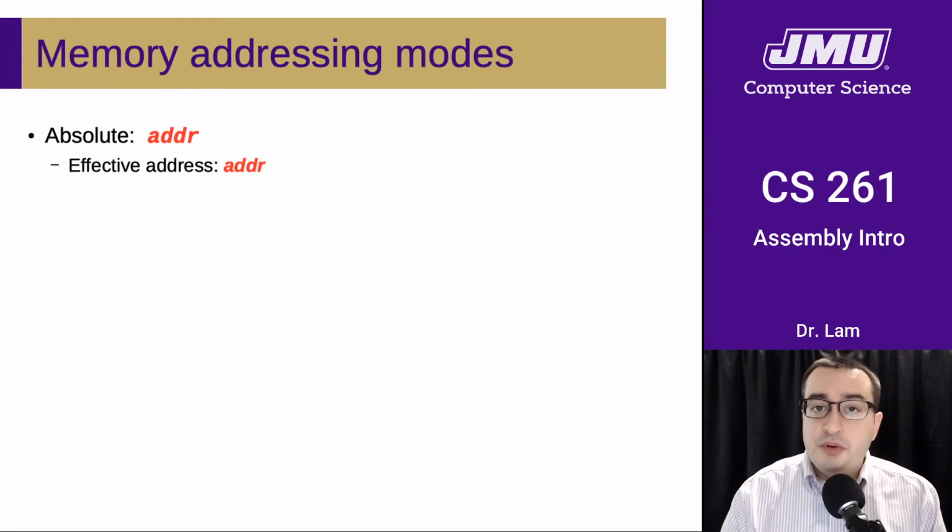Okay, so in terms of memory operands, as I mentioned before, there are a lot of different ways of calculating an effective address for a memory operand. The simplest is just an absolute memory address. If you just see a memory address encoded in assembly, that means that we have hard-coded the memory address, and so the effective address is just that address. This is actually remarkably rare, because things tend to move around in memory, and they're loaded into places in memory that change every time you run. So this is actually not used all that often.